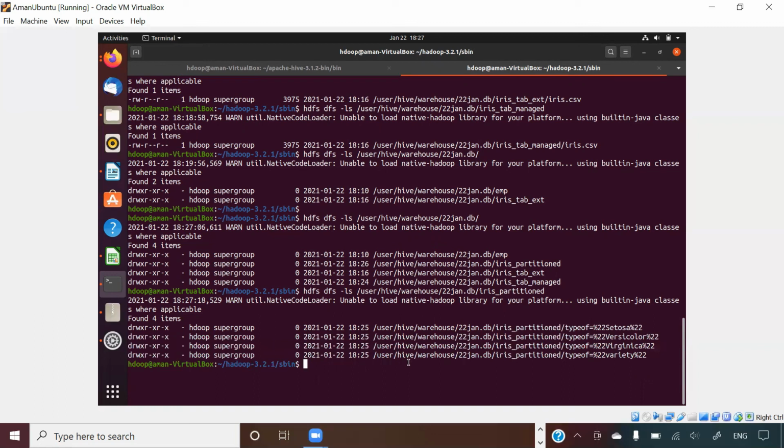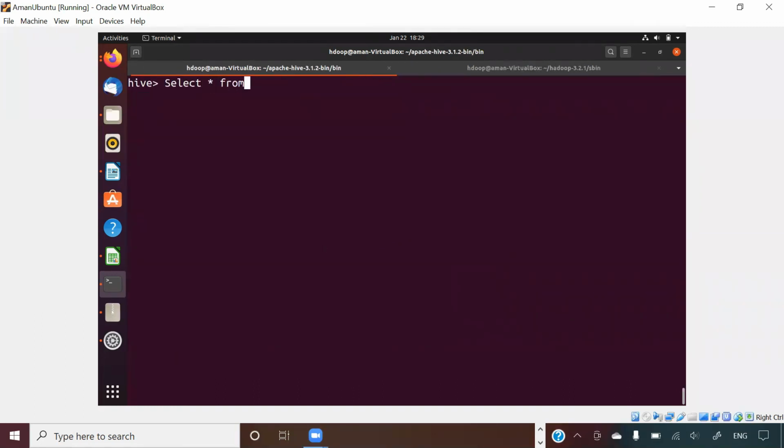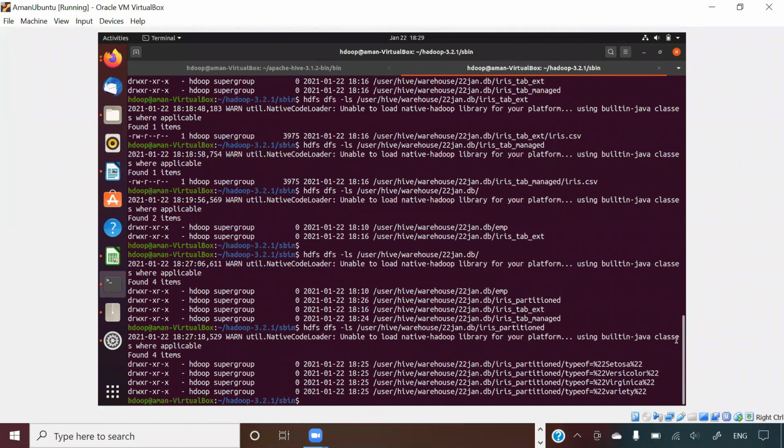Now what I told you guys, if somebody goes here, select star from iris underscore partitioned where my last column type is equal to one of the categories. There are 3 categories. If I write one of these categories, then the query will not even look at other folders. That is the advantage of partitioning the table.